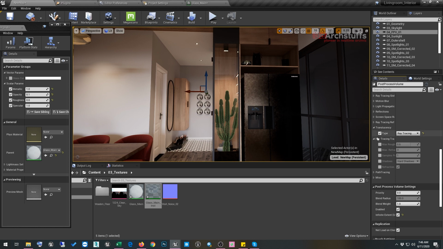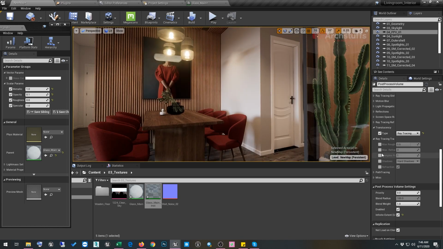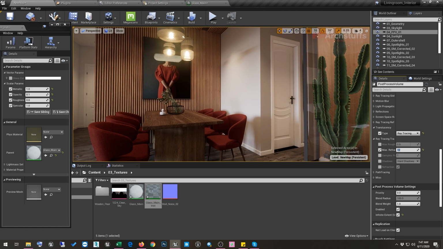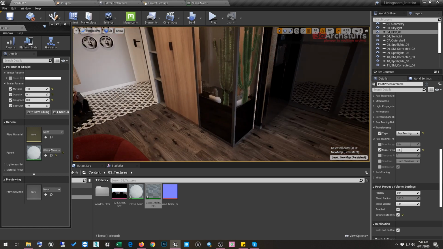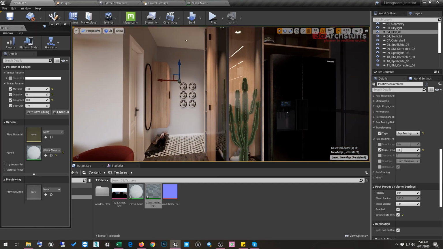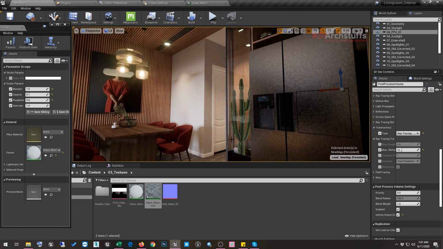Okay, and here in our ray tracing translucency, to get the best reflective material possible, we'll go to the ray tracing translucency max refraction bounces, and we will make it 12. So the moment we made it 12, now you can see our reflections are much better than the earlier one. So if I make it default, switch this off and then on, you can see the difference here, at some specific angle, you see.